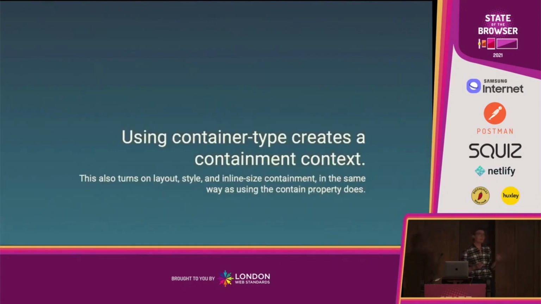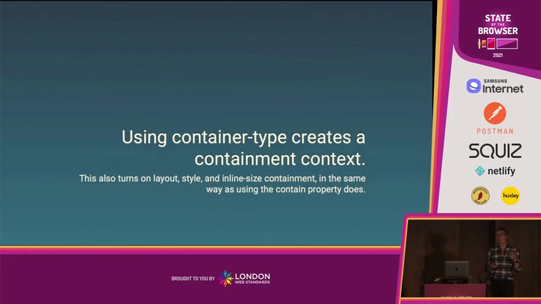Now, when you do that, this is a bit like using the contain property. So you create a containment context. It will turn on layout, style and inline size containment. So that's exactly in the same way as using the contain property does. Now, this will cause the box to do a couple of things, and you will only notice something visually if you have floats poking out of that box, because they will get contained, like when you get a new block formatting context, and margins will stop collapsing through. So there's a potential of a layout change when you make something a container in really those two situations,